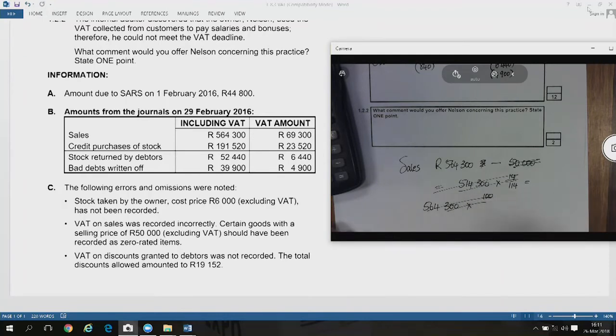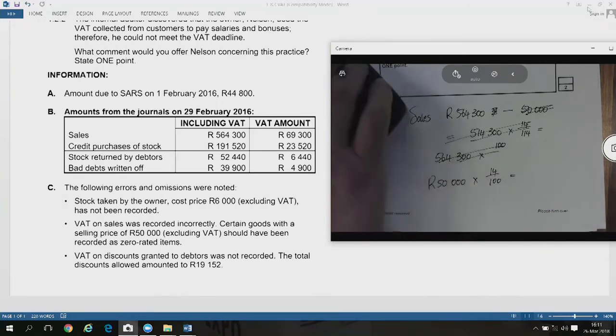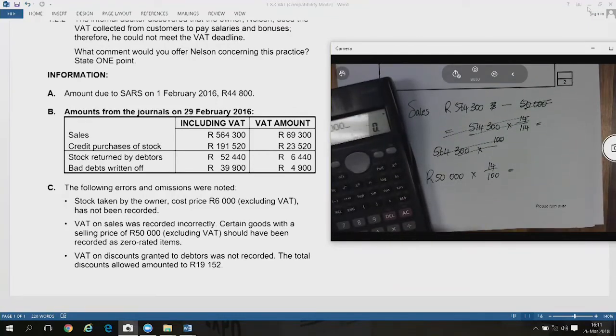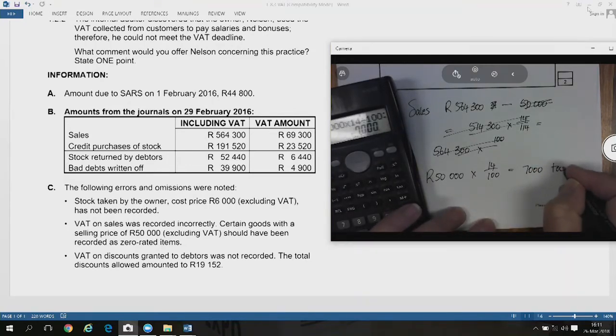No, don't make it so difficult. Just say that 50,000 Rand times 14%, because it was exclusive of VAT. So 50,000 times 14%, that is 7,000 Rand too much